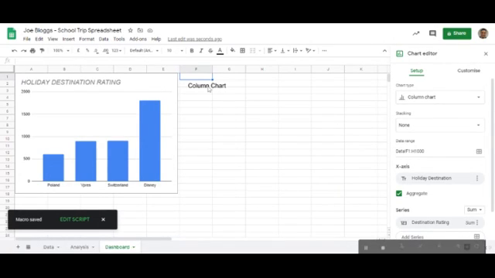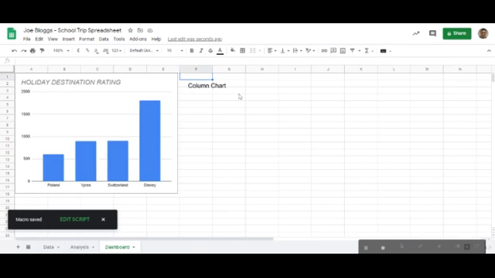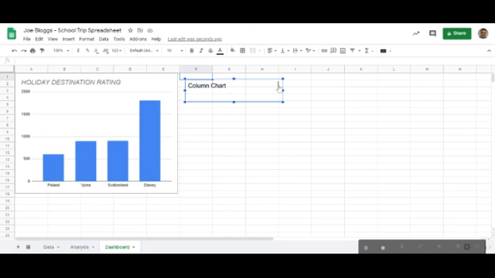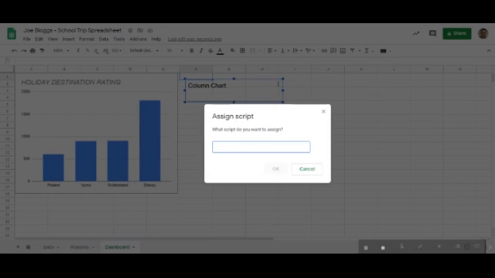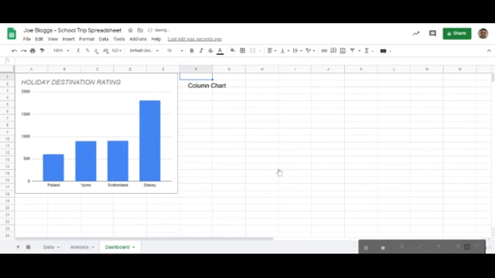What I'm going to do now is click on my text box here. Click the More button. Click Assign a Script. And this is where I have to tell it what script I'm talking about. And that is column. Okay. Done. Okay, so to test that it works, what I'm going to do,